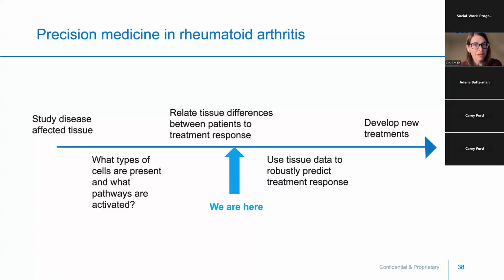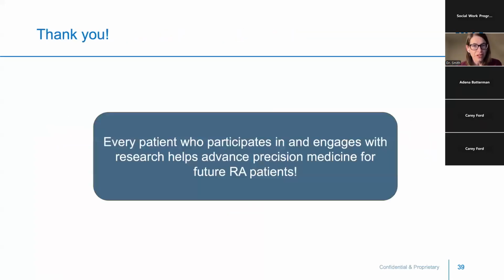So with that, I'm going to make sure we have plenty of time for questions, but I just wanted to end by thanking you guys for being here. Every patient who participates in and also engages with research really helps advance precision medicine for the future of RA. We cannot do this research without our patients, and we cannot do this research without funding from the government, foundations, and many, many sources. So with that, I will see